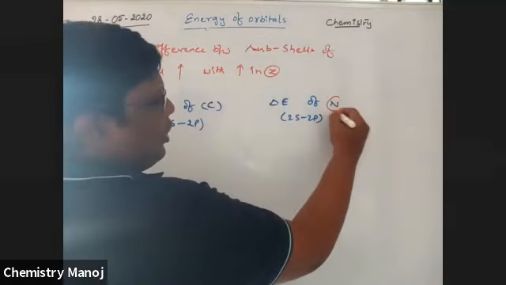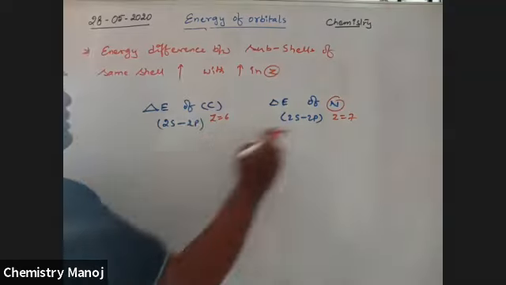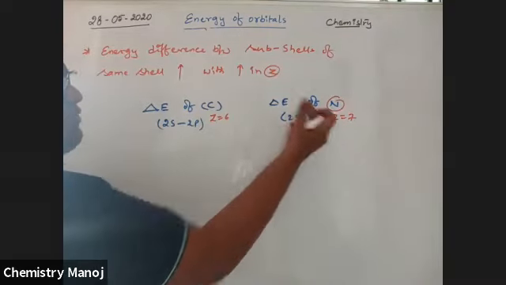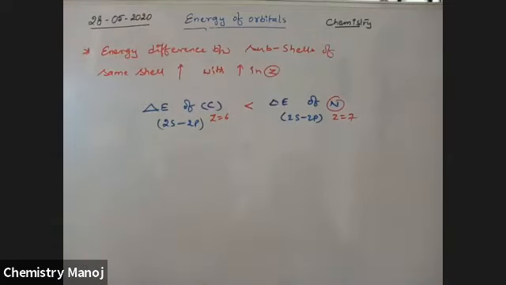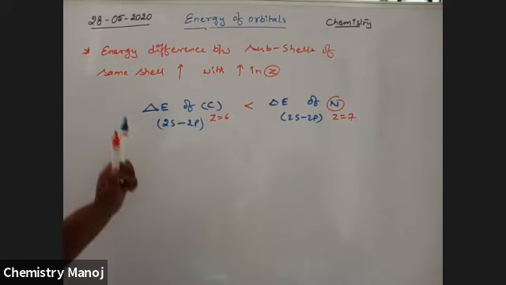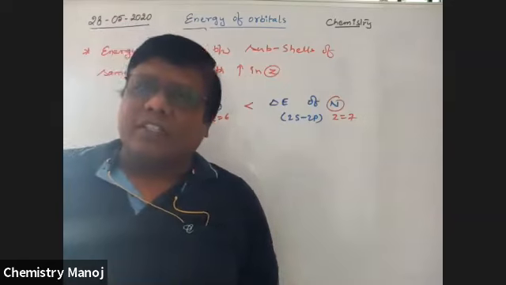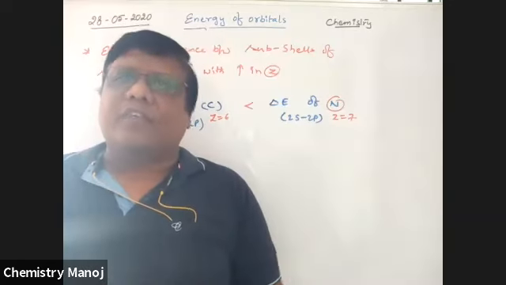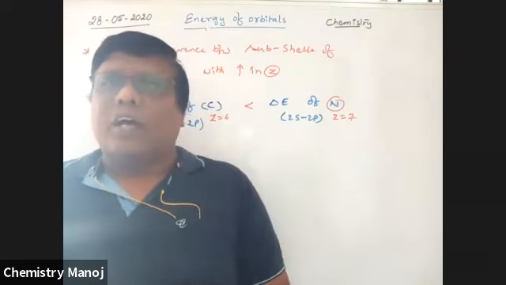Here atomic number Z is equal to 7. Here atomic number Z is equal to 6. That means the more the atomic number, the more the energy difference value. So here I apply less than. These two points are very, very, very important, and conditions asked a number of times. So this is the energy of different orbitals in the same shell or different subshells, for one-electron systems and for systems with more than one electron, that is multi-electron systems.